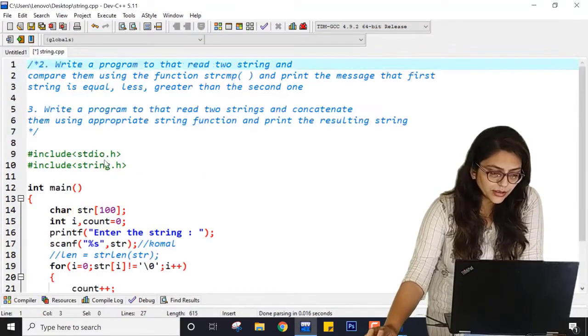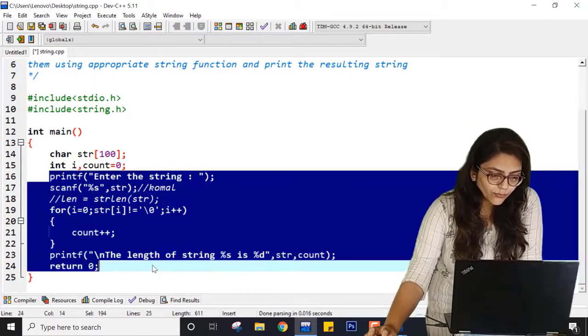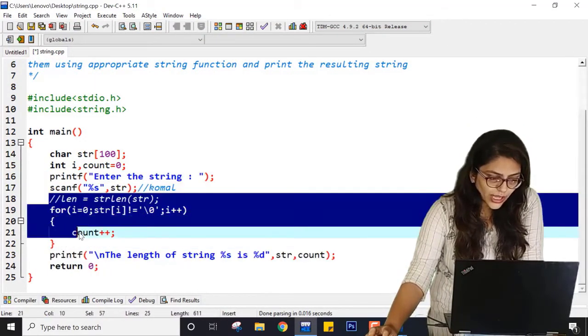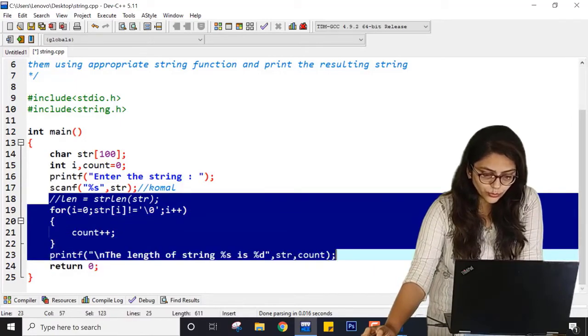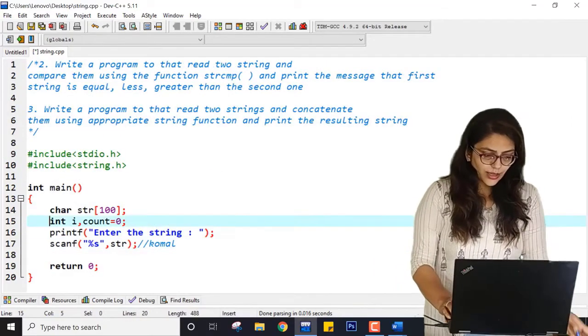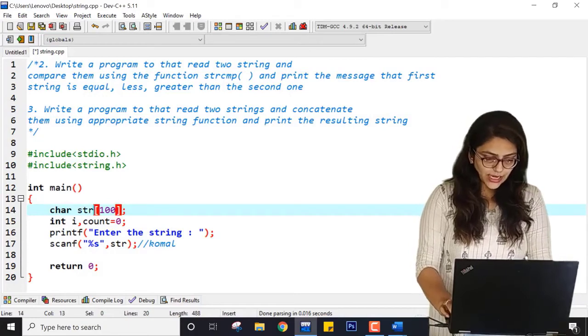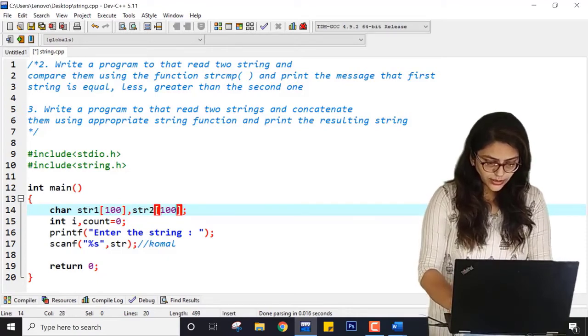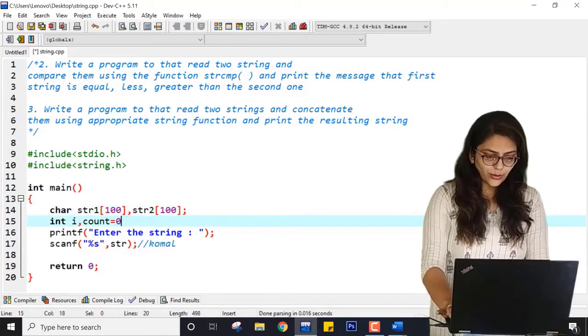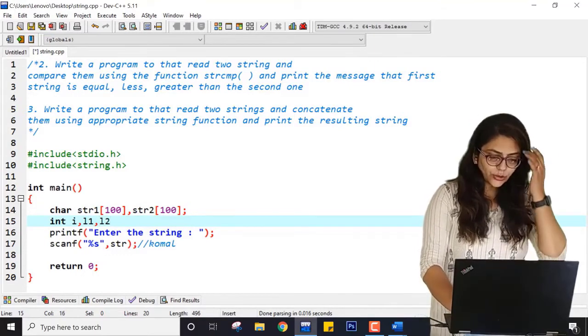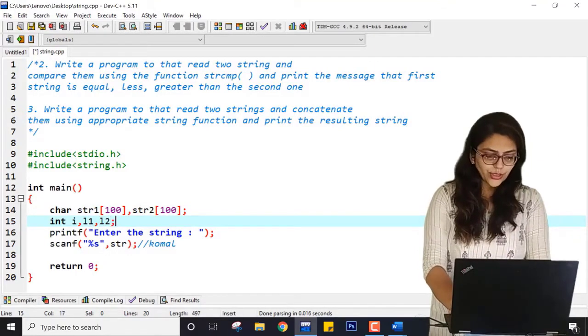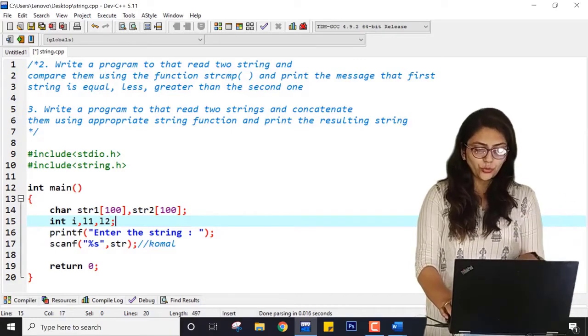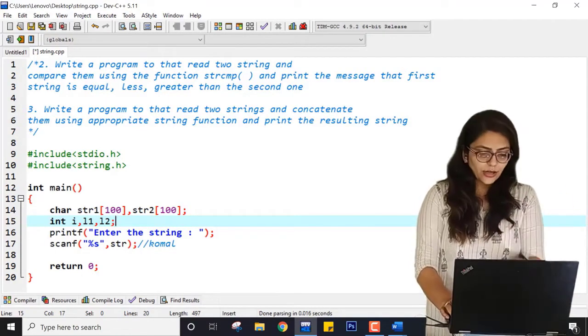Now to implement the second practical here, I just have to remove this. I need two strings, str1, str2. Inside this I'm doing 100. I don't need this. I need L1 and L2, that is the length of string str1 and the length of str2, right?